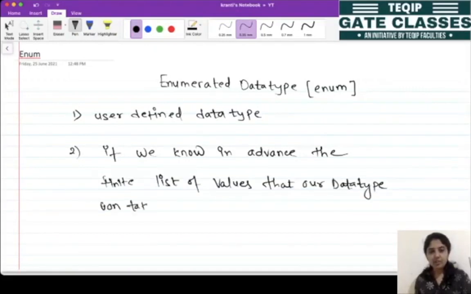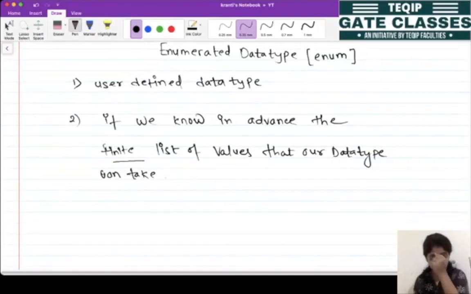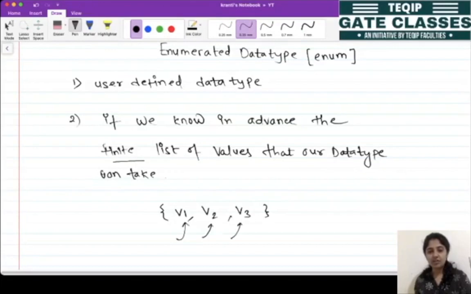Meaning if I have to declare a data type, and I know in advance what values it can have, like let's say this is my value 1, this is my value 2, this is my value 3. If my data type is going to have one of these, meaning its value can be either v1, v2 or v3, that time enumerator works.